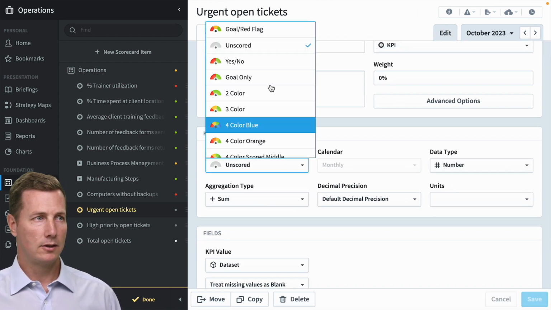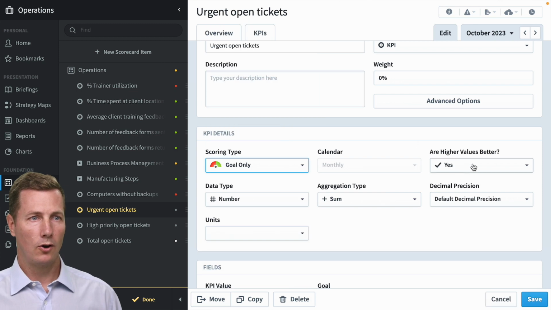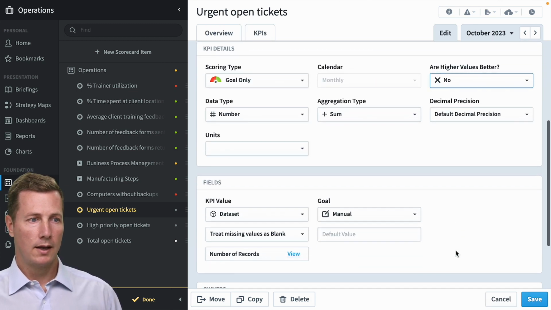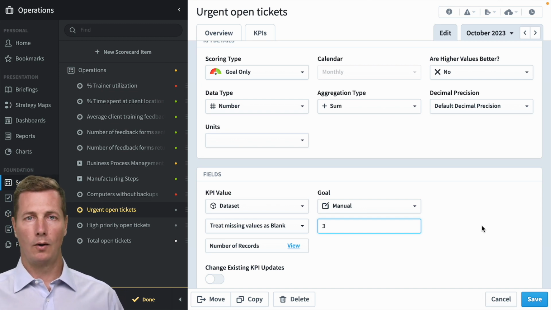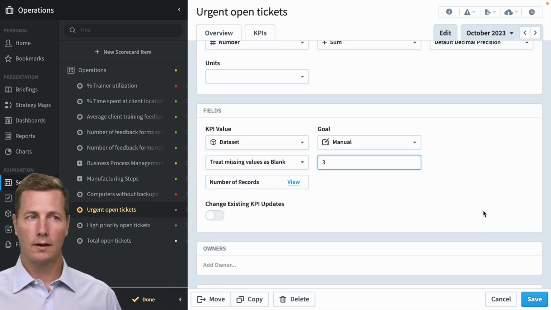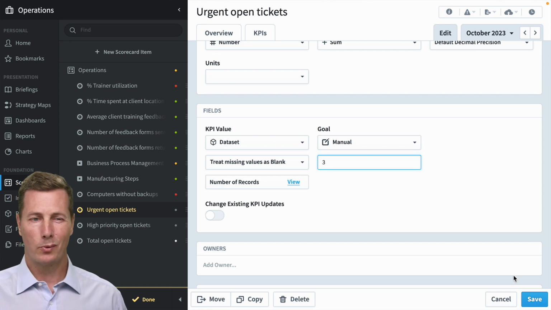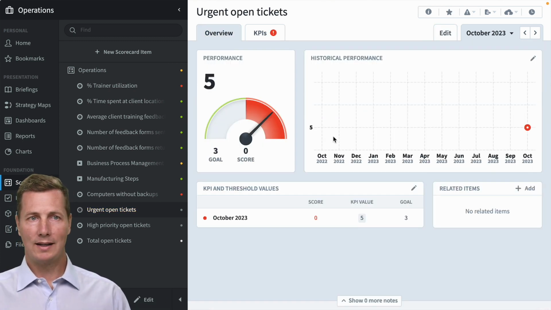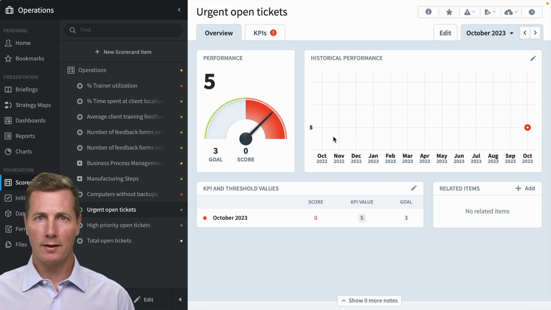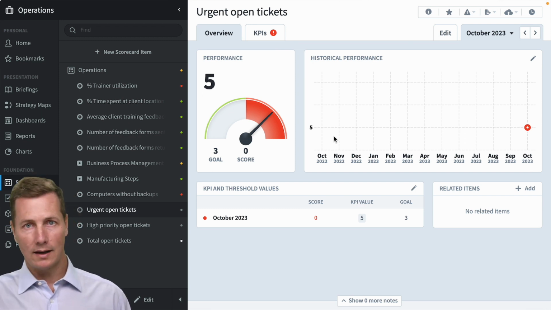And this is going to be goal only. High values are worse. And let's say anything more than 3. I'm allowed to have 1 or 2 open high priority issues or urgent, but 3 or more, that's red. So I hit save. And now I've got a red KPI that's going to update its data live from the system of record. So we're pretty excited about our ability to connect to web services, and we think you will